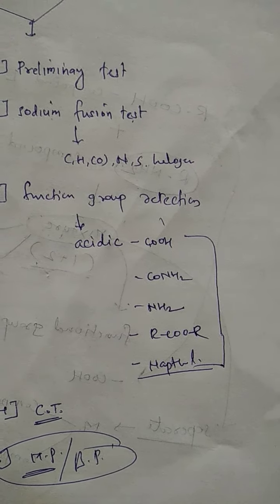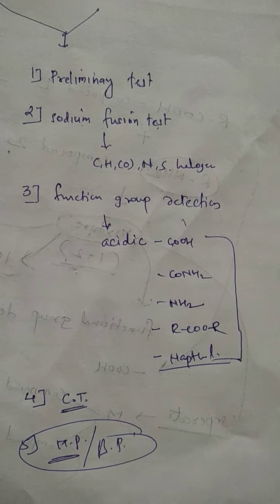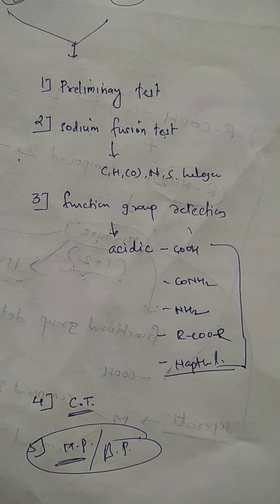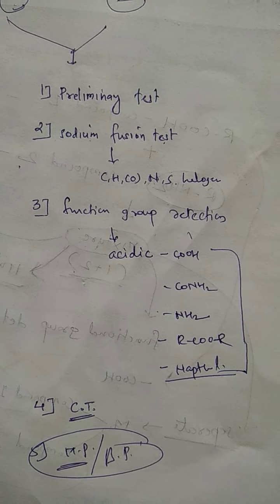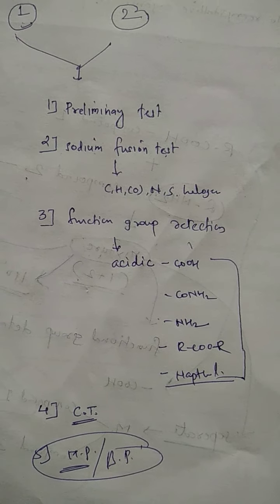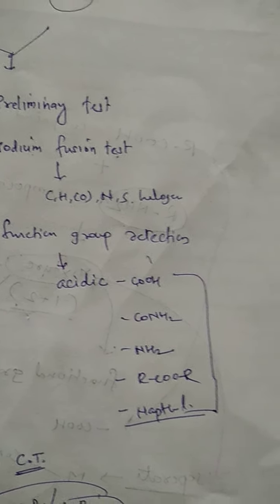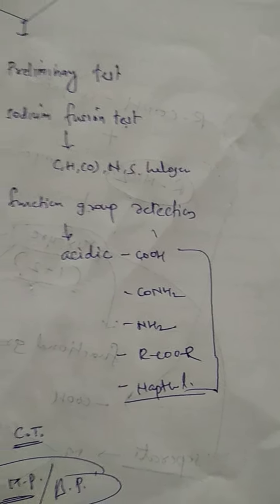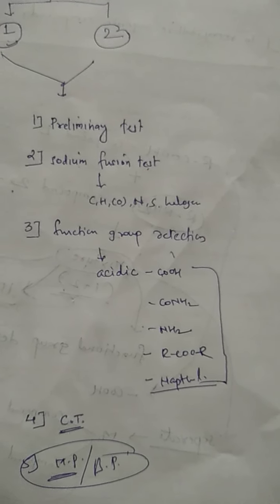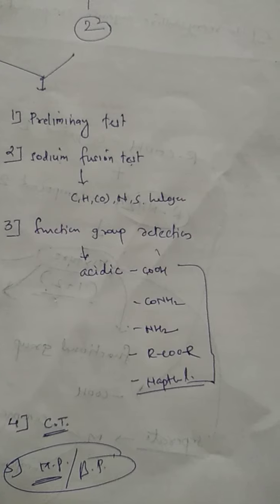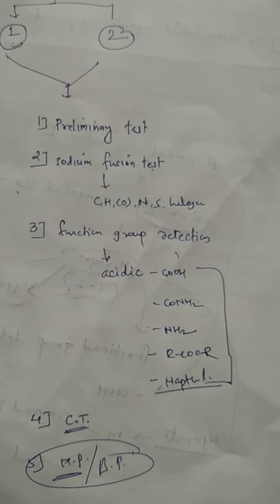Okay, so for your syllabus there are totally 8 binary mixtures that you have to separate, you have to regenerate, and you have to go for qualitative analysis of individual compounds to find out which 2 compounds are present in the given organic mixture. Okay, so that much regarding your first experiment, that is the introductory part of separation and identification of binary mixture.